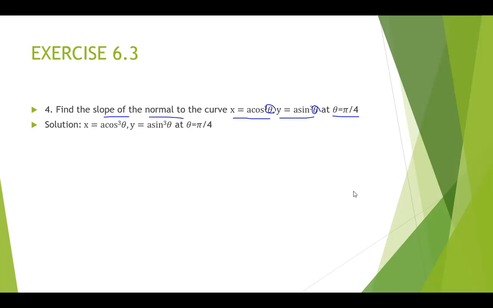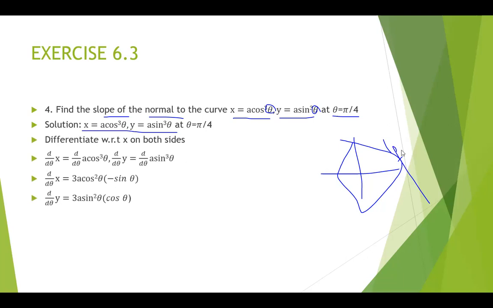Suppose x equal to a cos cube theta and y is equal to a sin cube theta, then that curve may be like this. Then there may be a point at which theta is 45 degree. So I consider the parametric form of equations. Anyhow, I want dy by dx only. But x and y are dependent upon theta. Therefore, first I find dx upon d theta and dy upon d theta, and then make dy upon dx as dy by d theta divided by dx by d theta.